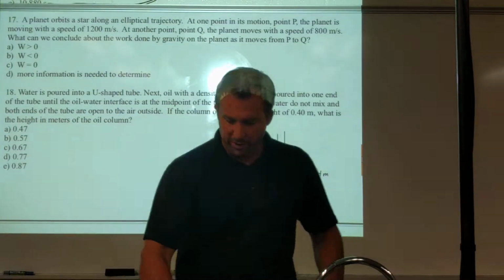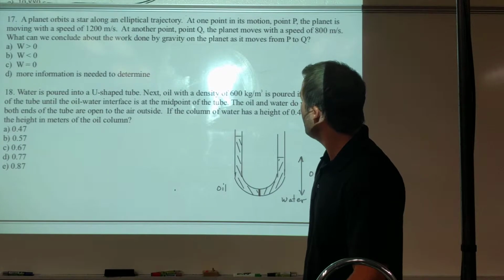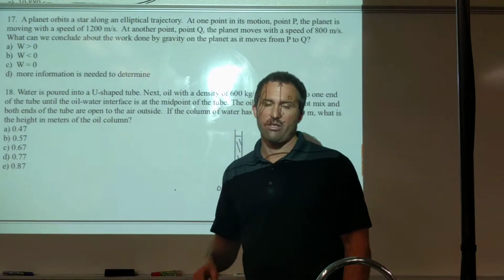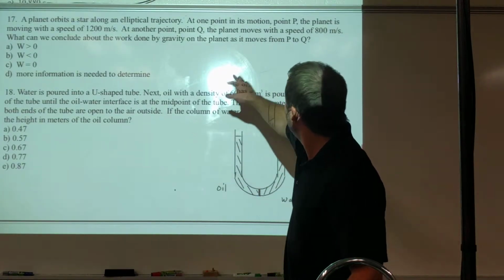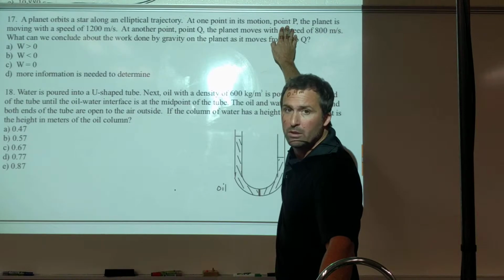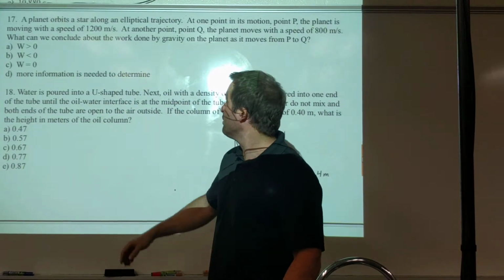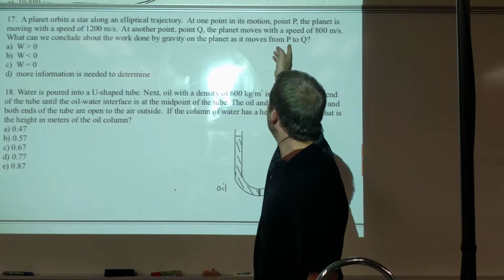All right, we've got one more gravity problem that we're going to look at, number 17 here. And so here we've got a planet orbiting a star. It doesn't give us a whole lot of information other than at one point in the satellite's, the planet's orbit around the star, it's moving at 1,200 meters per second, and at some other point it's moving at